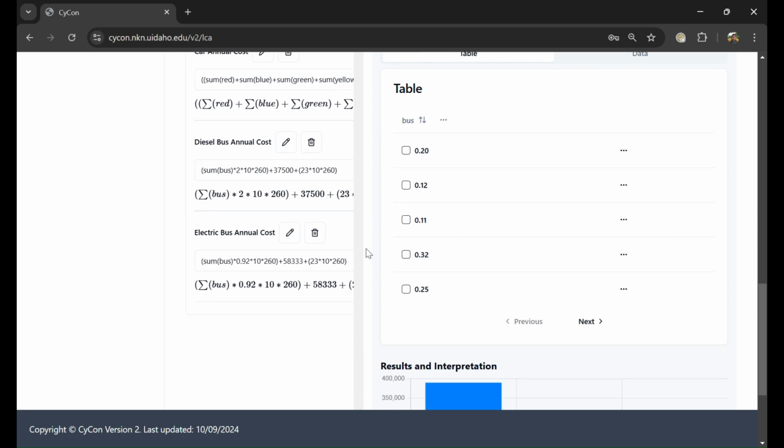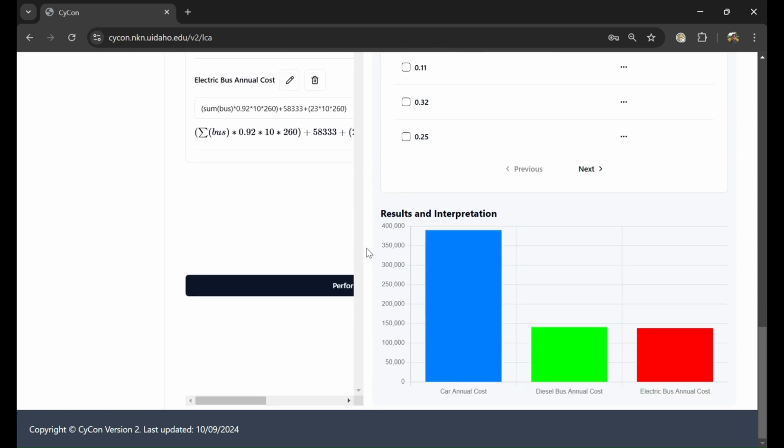If we scroll down to the Results and Interpretation section, we can see that the annual cost of car ownership for all of the workers comes to a total of $390,083. The total annual cost for the diesel bus is $141,130. And the total cost for the electric bus is